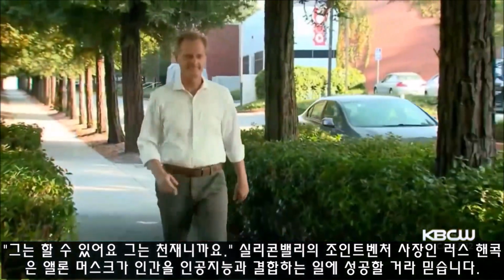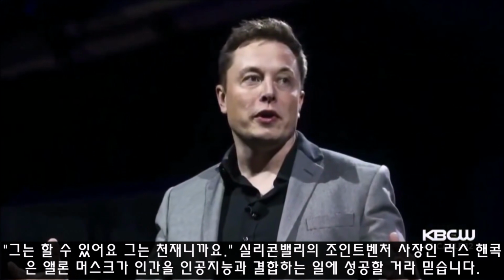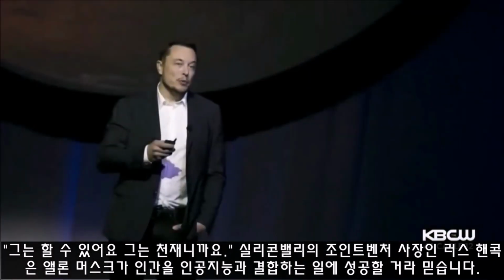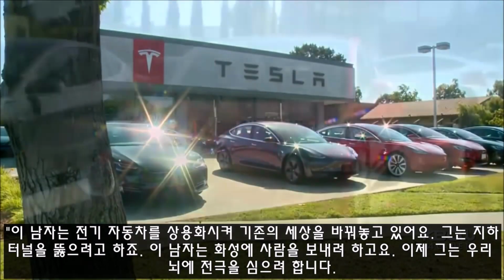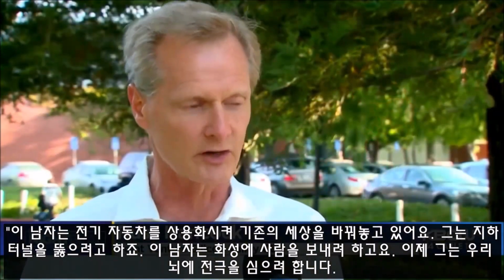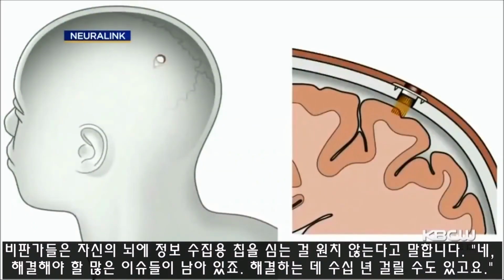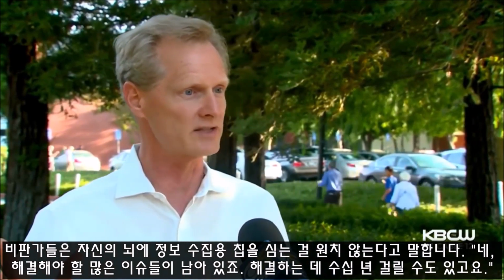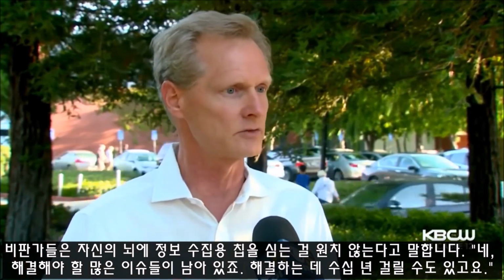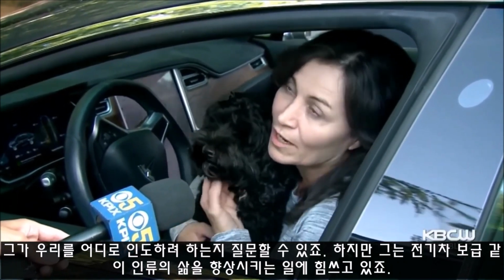He can do it. He's a genius. Russ Hancock, the CEO of Joint Venture Silicon Valley, believes if anyone can merge human beings with artificial intelligence, it's Elon Musk himself. This is a guy that has changed the world as we know it with an electric car that actually works. This is a guy that's boring tunnels through the earth. This is a guy that's trying to put people on Mars. Now he's trying to get inside your brain. The critics will say, well, I don't want something in my brain that will gather data. Yes. There are a host of issues that would have to be addressed, and these issues will take decades to address. And we can question the way he gets there, but he's always thinking of ways to improve lives,